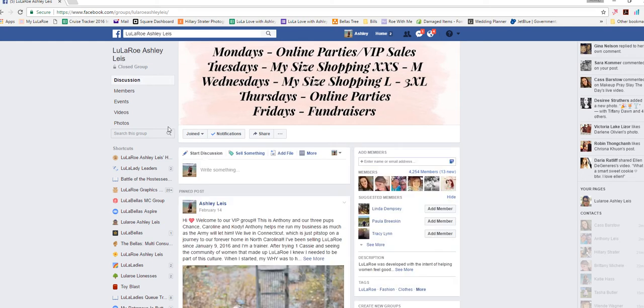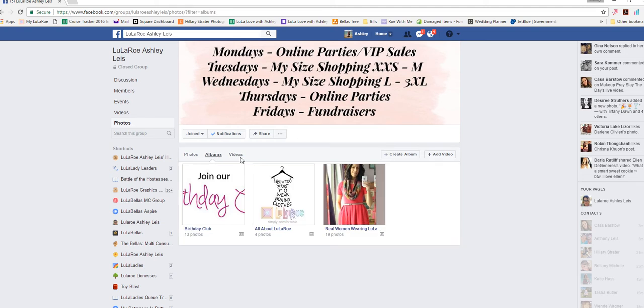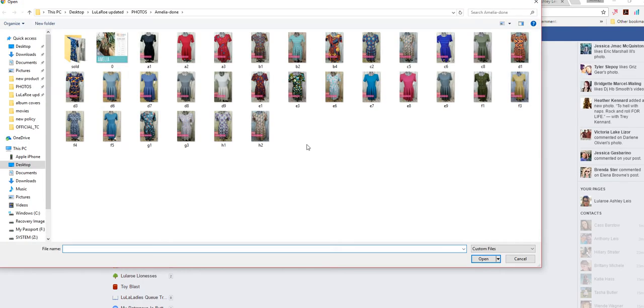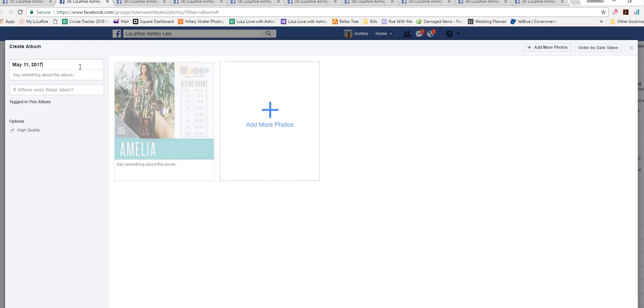And then what you're gonna do is you're gonna go to photos and you're gonna click albums. And then I use the right click of my mouse and I click like 10 different times so I can upload 10 albums at a time because for me it's much quicker. So then all my windows are up here and I click create album on my first tab, and I click Amelia. So what I'm going to do is I'm going to type in Amelia, the price,